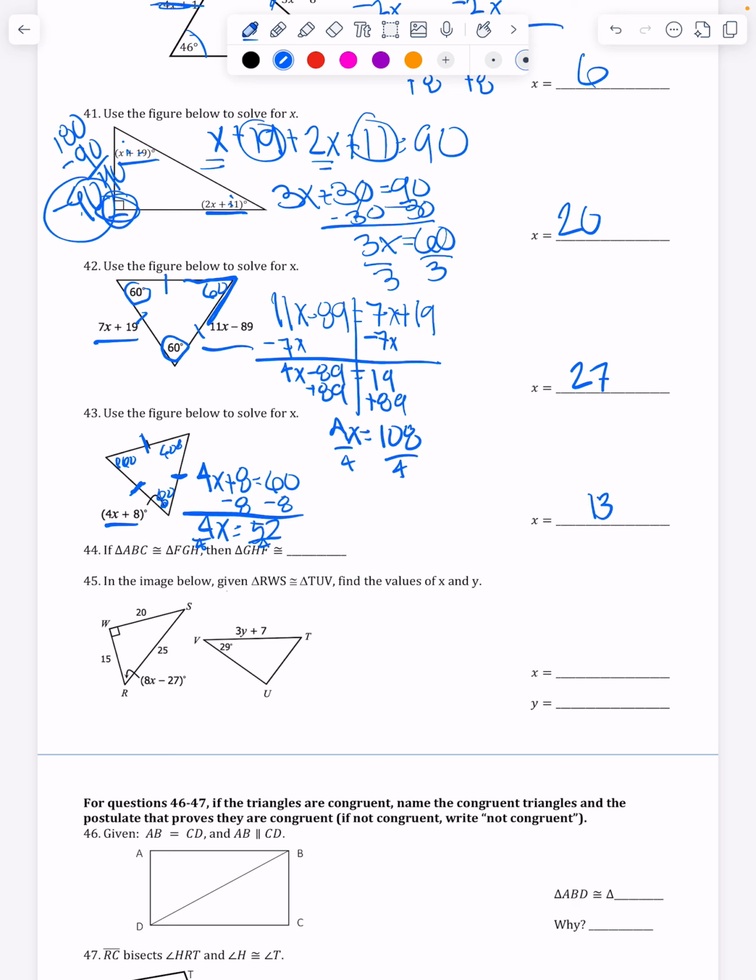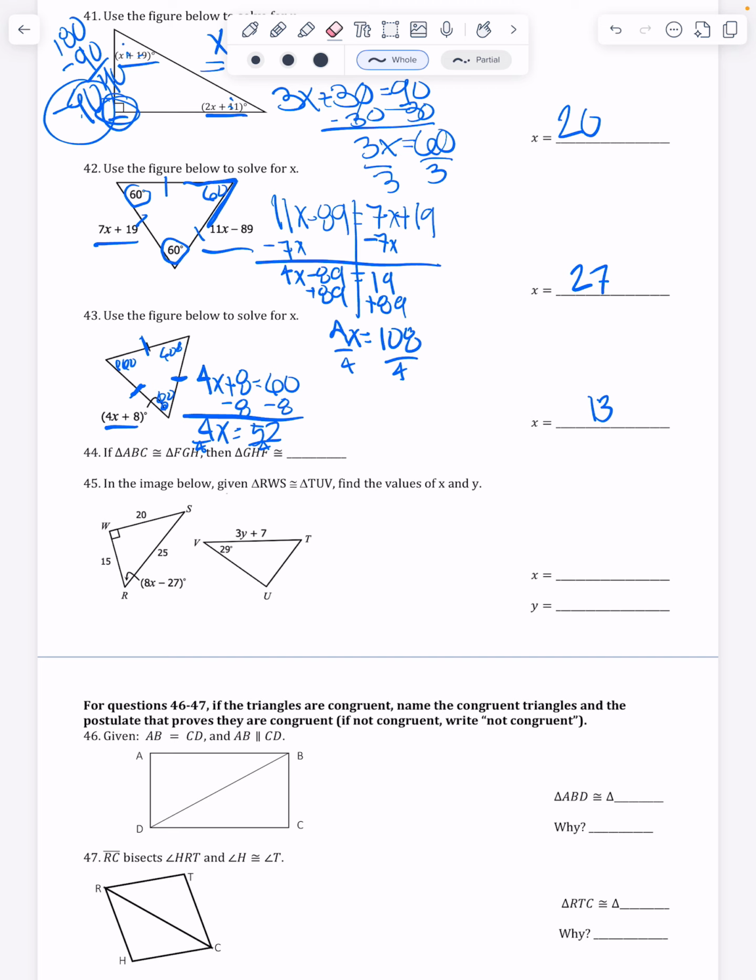Okay, here, part of my erasing for a second. Okay, here I see that, let's use some colors. A and F, they correspond. And B and G, they correspond. And C and H,